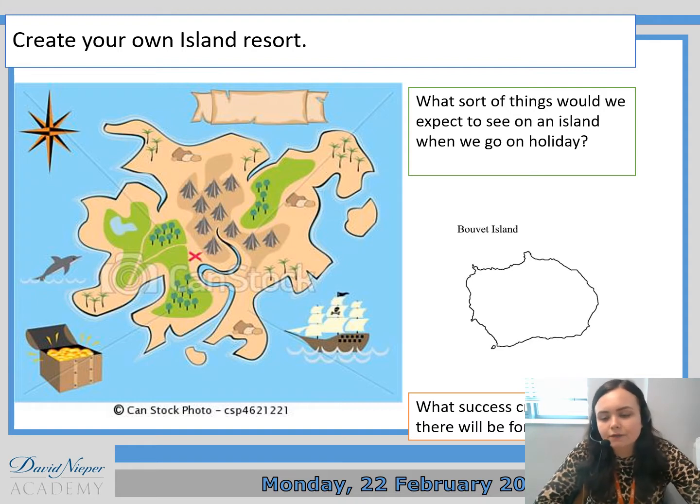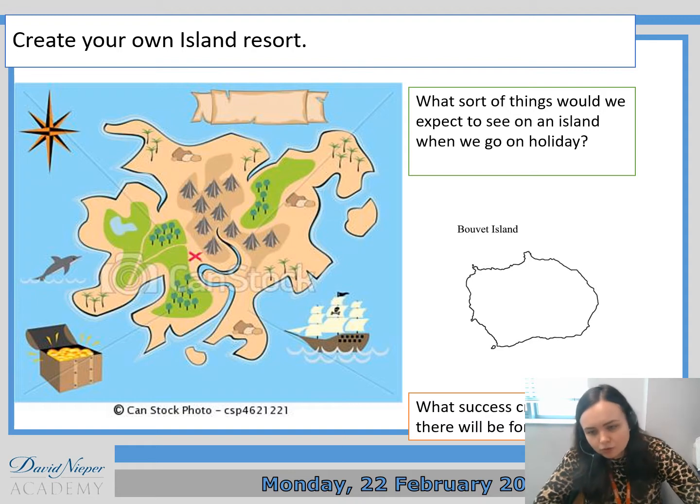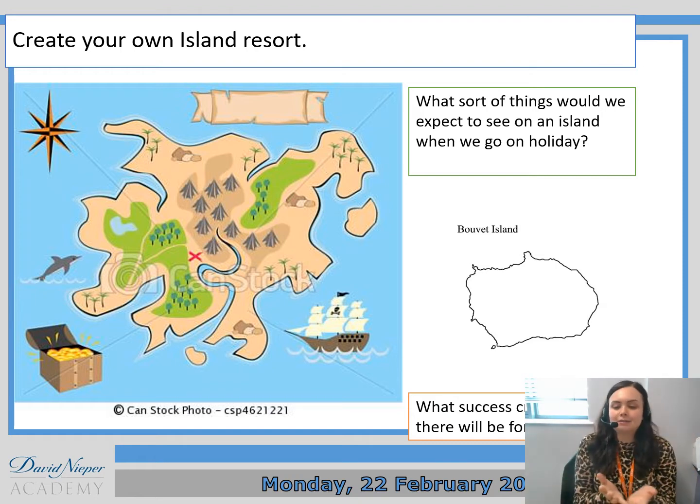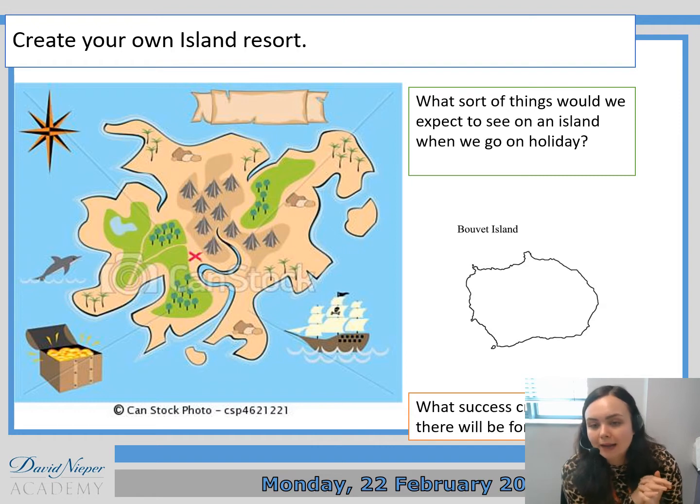So your task for today's lesson and your next lesson, so I'm giving you 2 lessons to do this, is to create your own island resort, okay? So that doesn't mean I just want you to design a hotel. I want you to design a whole island that is filled with lots of wonderful things for people to explore,